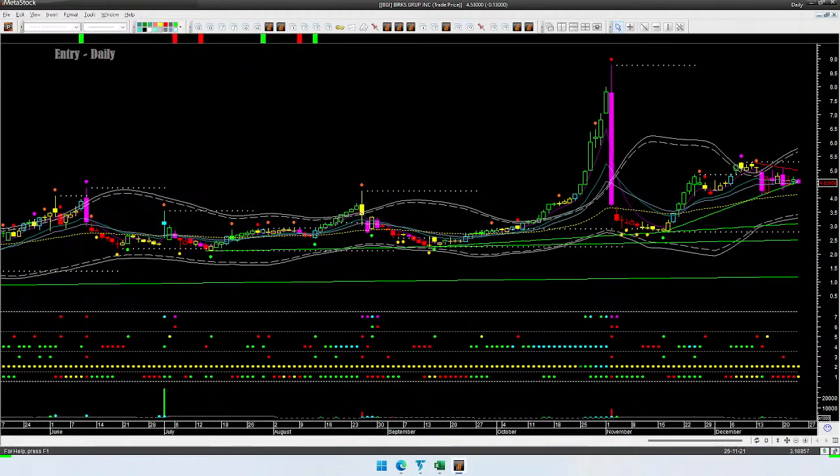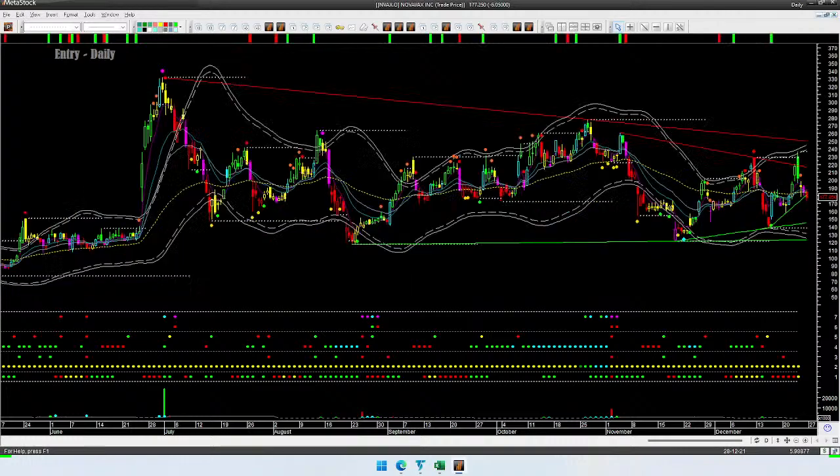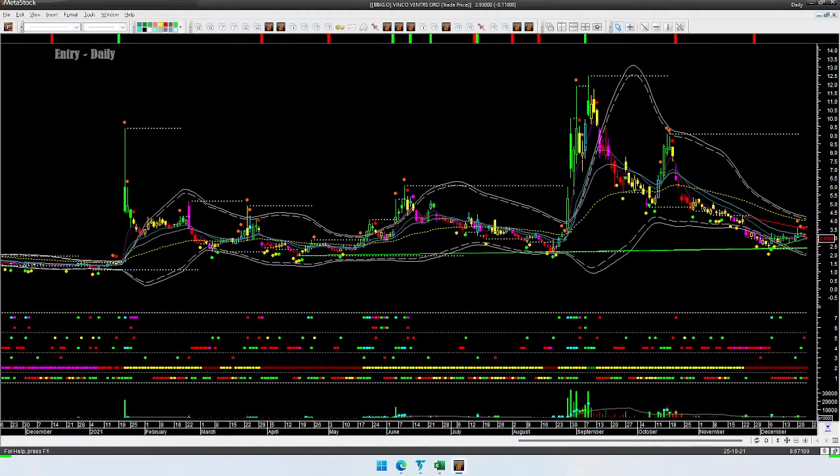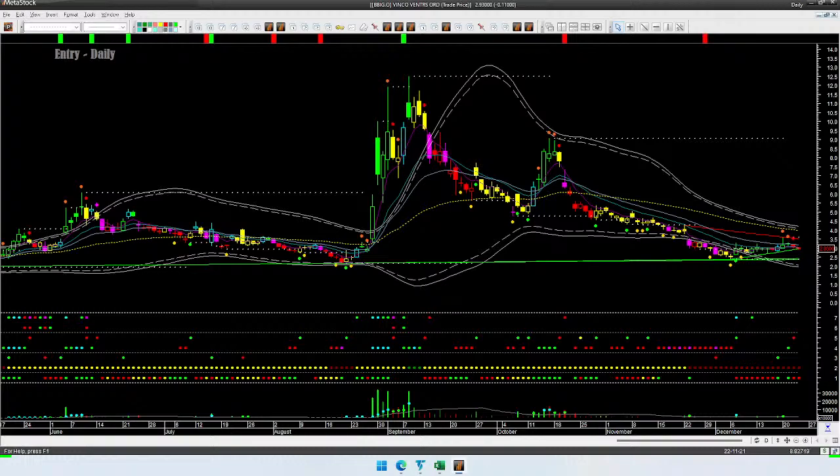BGI, this will also give a possible short setup if we have a bearish flow candle next week. Let me close it for now. Novavax, it's inside the range formed by trendline resistance and support, right in the middle of the range. Not going to trade it in either direction. BBIG broke below one trend line support, but another trend line support is nearby. Not a shorting candidate for me.